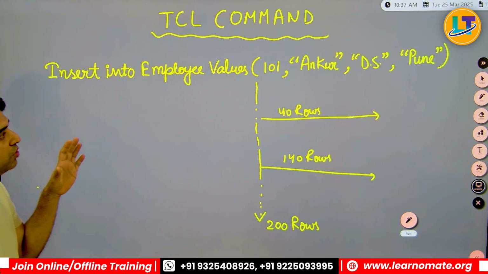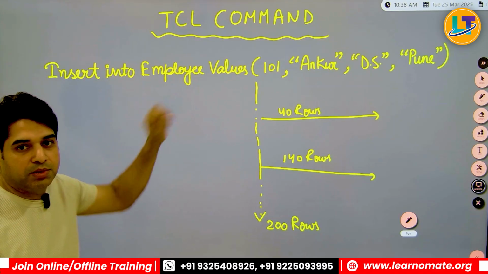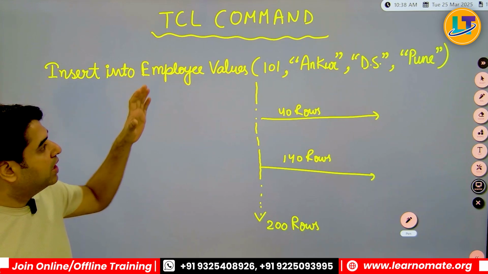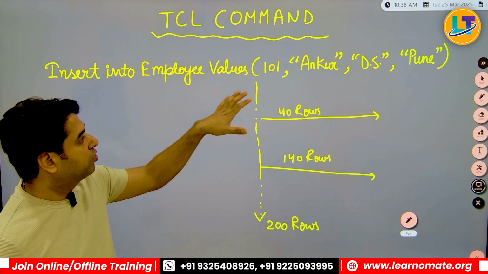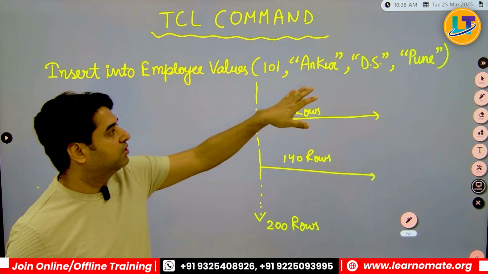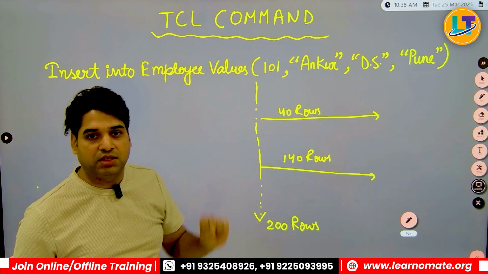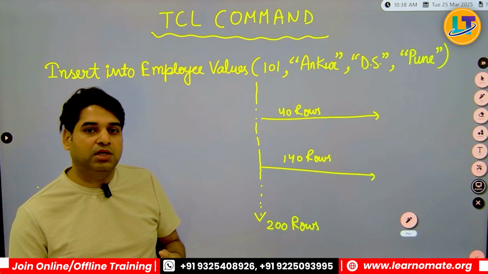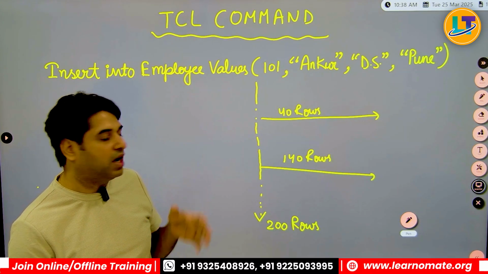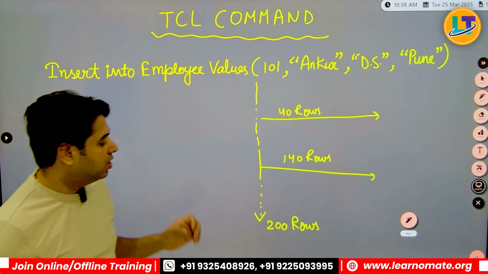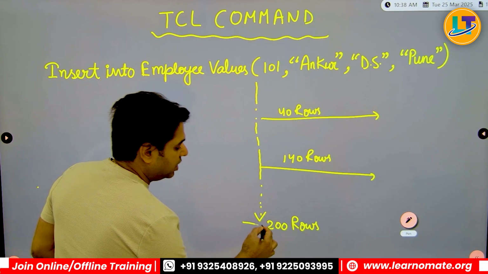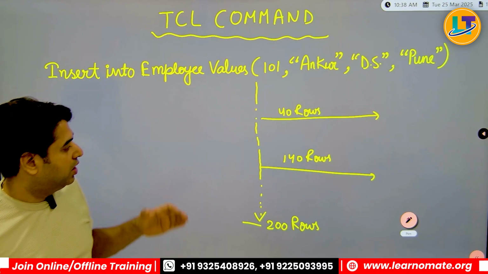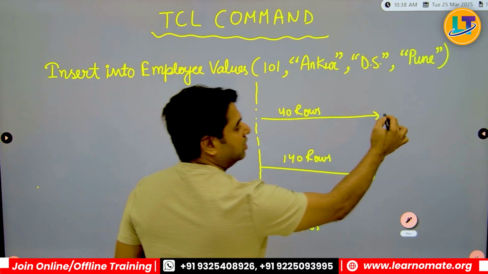Take this situation. Suppose we have to insert values into an employee table, right? We have an employee table and we insert the values in the VALUES format: the employee ID, the name, the department, and the city. And suppose we have 200 rows, or more than 200 employees, whose data we have to insert in the database. Now, after inserting 200 employees, we find out that somehow till 40 rows everything is correct,